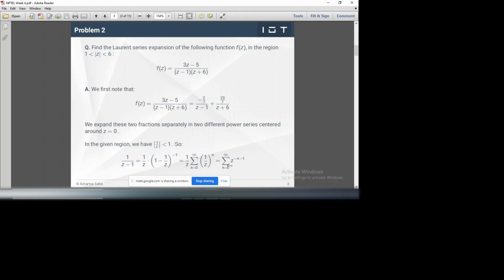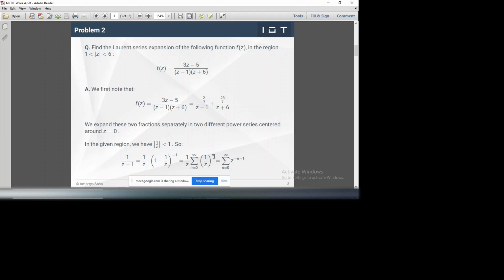So this is the power series. If we treat that as a power series of 1 by z, clearly only positive powers of 1 by z occur. So that is why as a function of 1 by z,